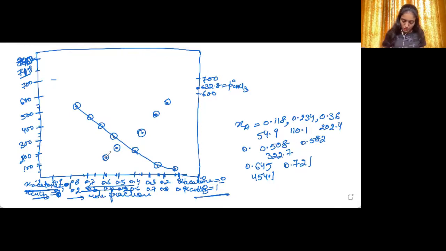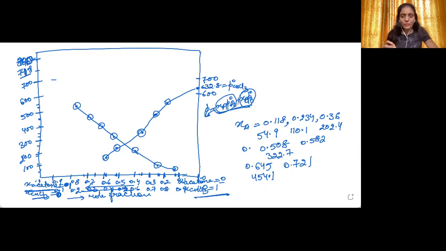Okay. So just like that, you can consider all these points that have been given and join the line. Now in the last step, for the total vapor pressure, you need to apply this formula: P, the total vapor pressure of the solution, is equal to XA into P naught A plus XB into P naught B. Already the partial vapor pressures of chloroform and acetone have been given in the table.